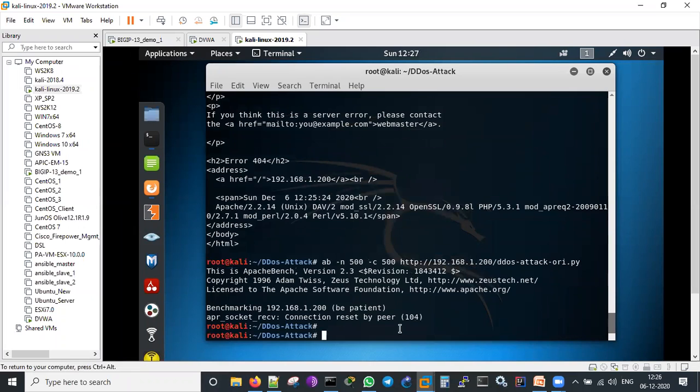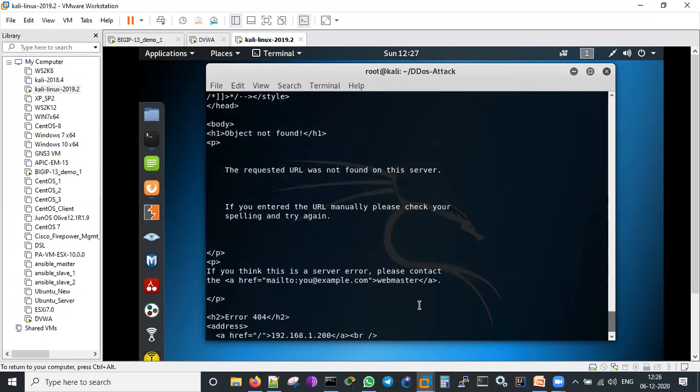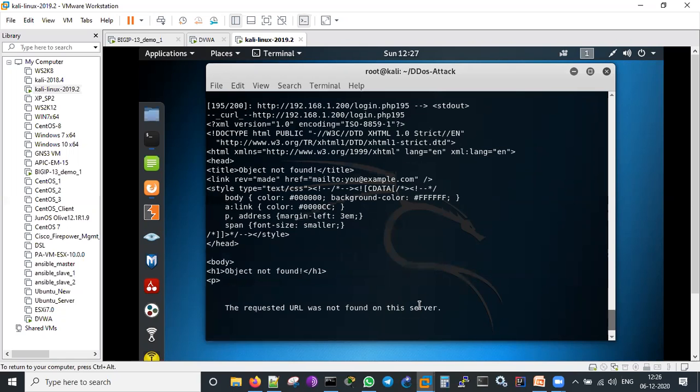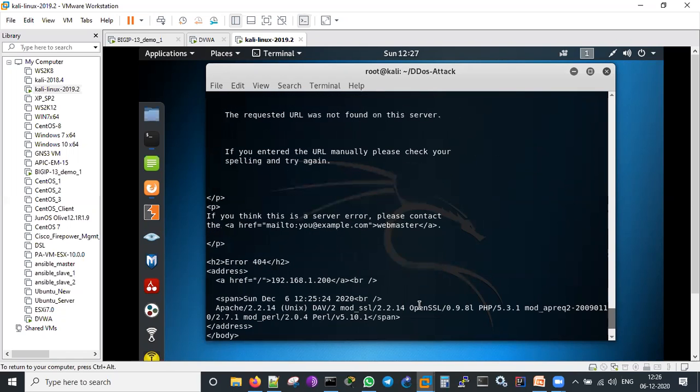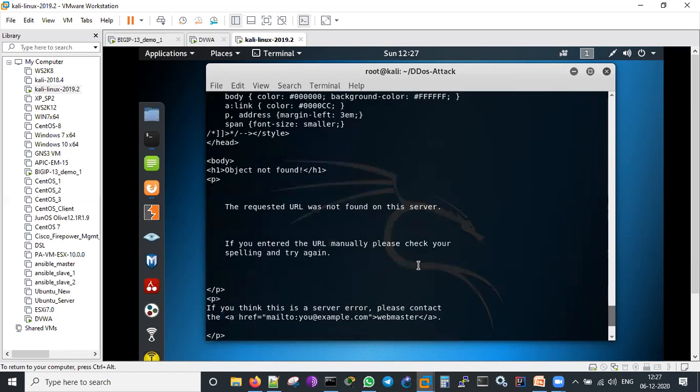See this: connection reset by peer. You're seeing the socket error. Previously, I used to get that. I guess it's gone, I have to scroll up a lot to show you.